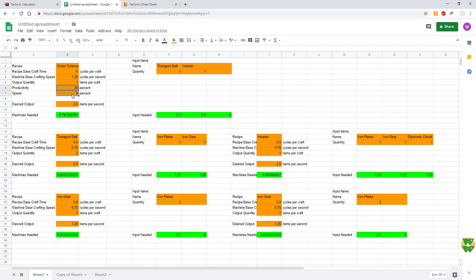Even if you took these productivity percentages out, that's 12 assembly machine 3s making 2.5, just like 12 assembly machine 2s at the 0.75 speed make 1.5. So oftentimes that's what I'll do: I'll first upgrade to assembly machine 3, keeping my array the same, and then I can add in this hybrid productivity